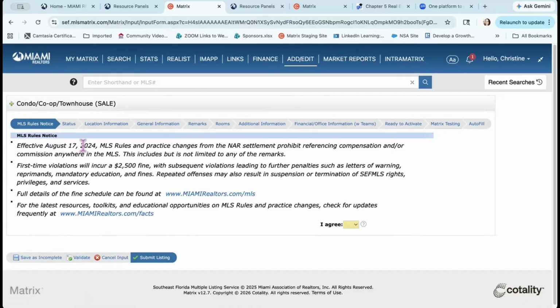Effective August 17, 2024, MLS rules and practices have changed from the NAR settlement. You are not allowed to input any referencing, compensation, and/or commission information in the MLS. If you were to do so, first-time violations will incur a $2,500 fine. To find more information, you can visit www.miamirealtors.com/MLS. And for additional resources, toolkits, and educational opportunities on MLS rules and practice changes, you can go directly to